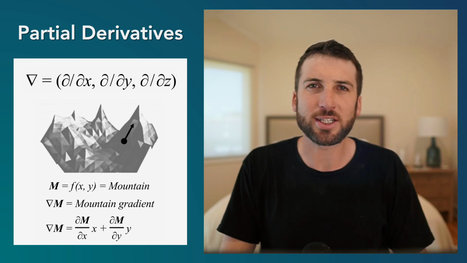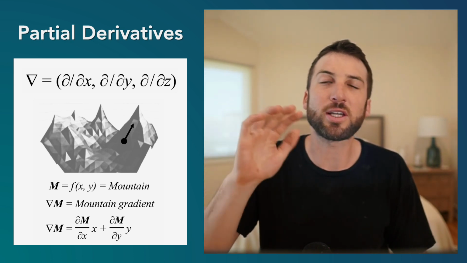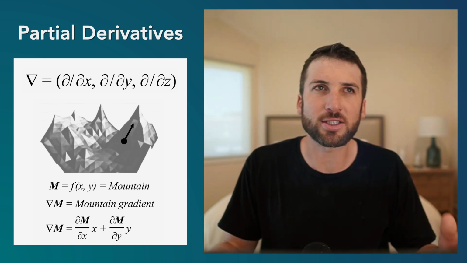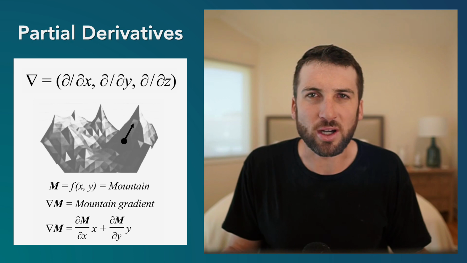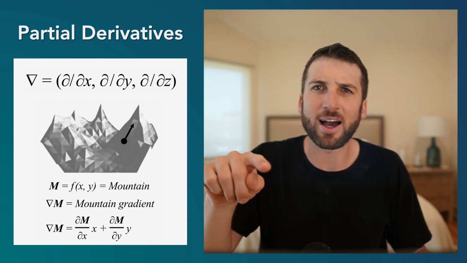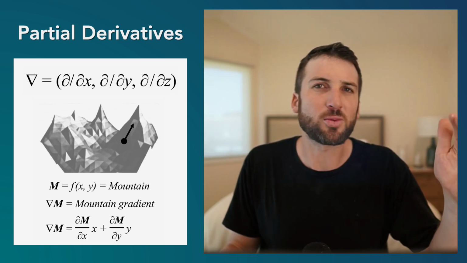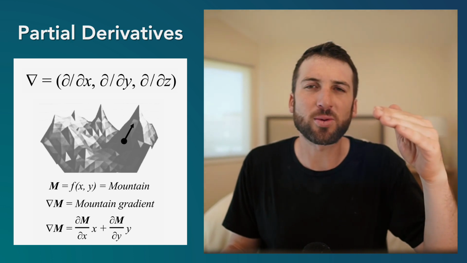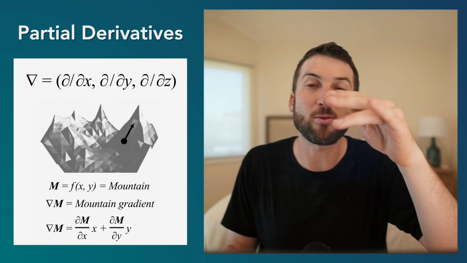So one really interesting and practical way to understand a derivative is through partial derivatives. And this is saying, let's just change one axis while keeping the others constant. And this can help us understand rates of change in three-dimensional spaces. So one example of this is something called the del operator. And the del operator is this upside down triangle. And it's basically saying, what is the partial derivative along x, the partial derivative along y, so the rate of change of x, the rate of change of y, the rate of change of z.